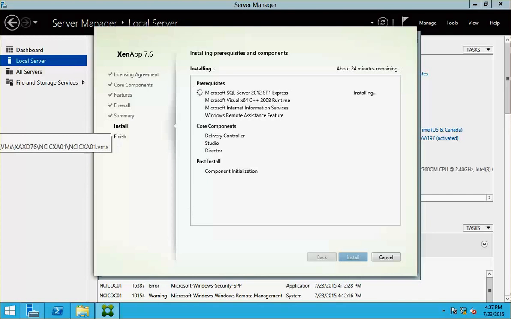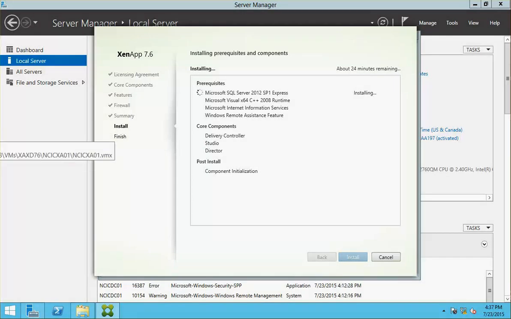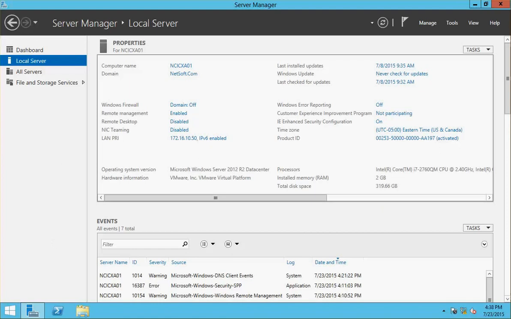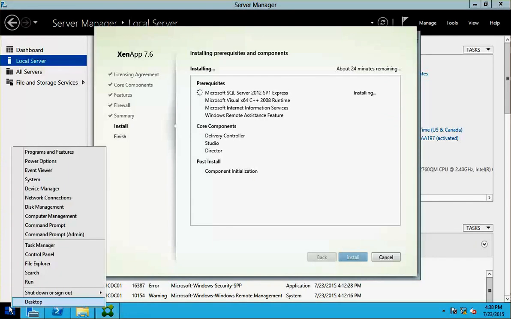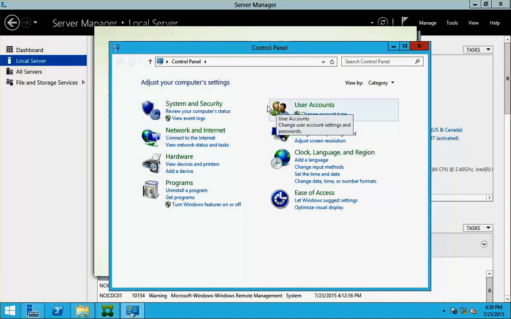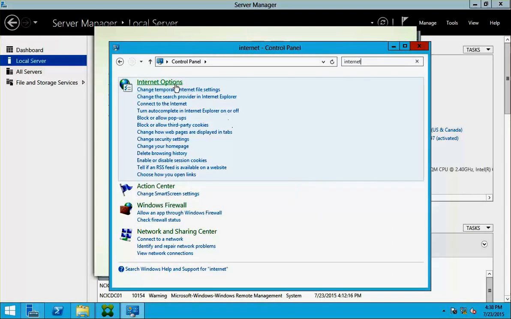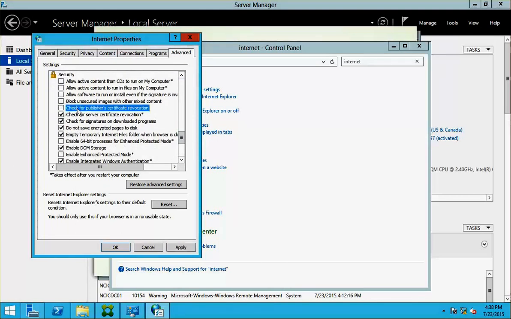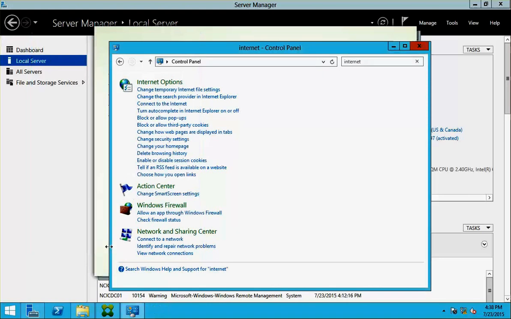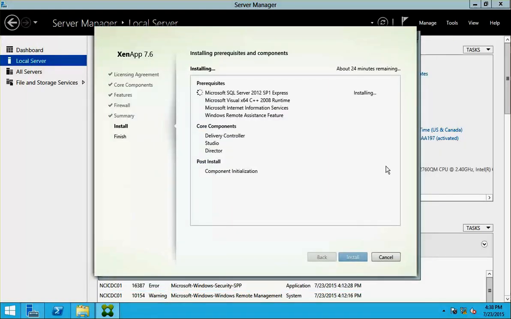Right, so while it's doing that, we're going to go to our XenApp servers and start the installation there as well. Now, before we do that, I'm going to go into the control panel, Internet options, Advanced. Under security, I'm going to take out this check for publisher's certificate revocation, and might as well take out the check for server as well. So apply, okay. The reason I did that is because this is a lab environment, we're not giving internet access to our servers, so we want to make sure the snap-ins really